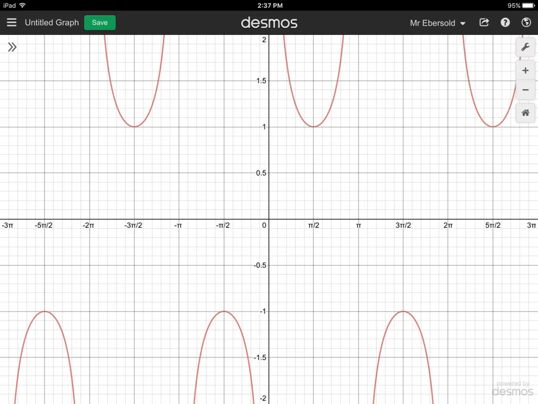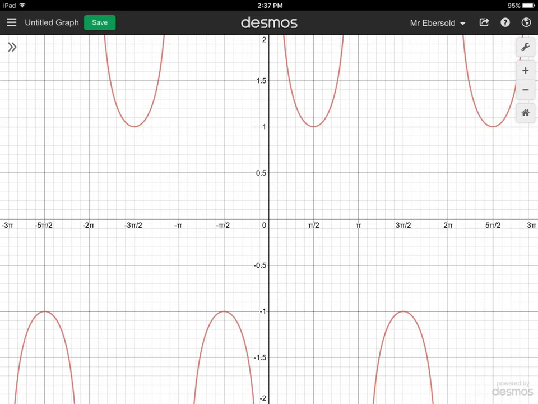So anyway, what we'll look at first here is the domain, and it's all x values except for every time you get to a value of pi. So here at 0, we couldn't use that one, because the sine of 0 is 0, the sine of pi is 0, the sine of 2 pi is 0, the sine of 3 pi is 0, and same on the negatives. And so our domain,